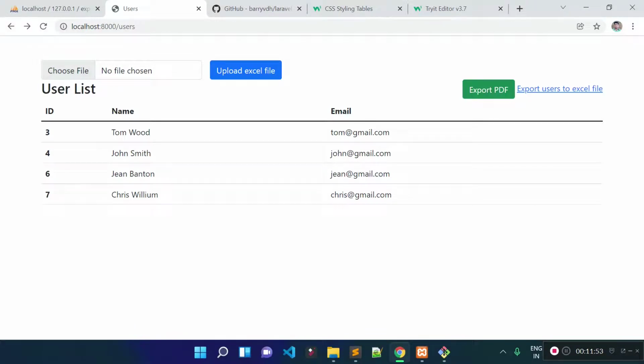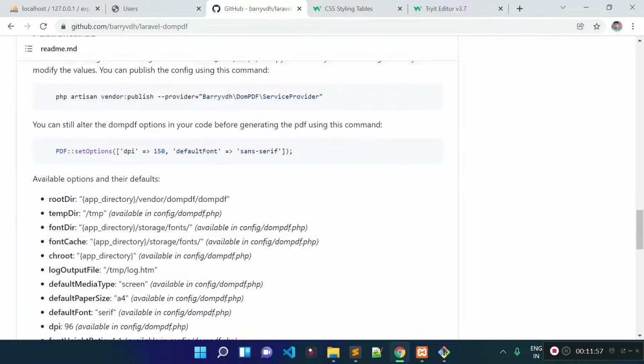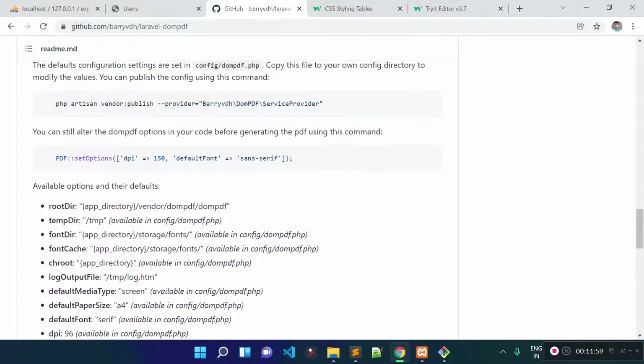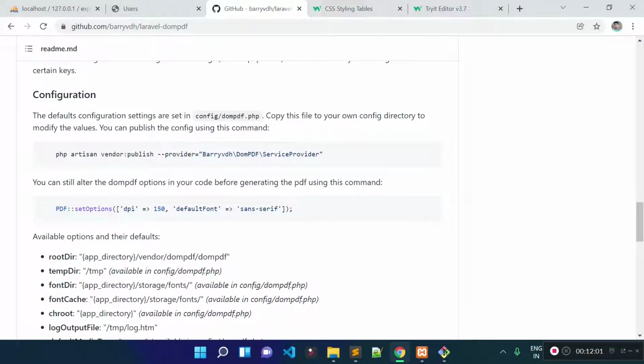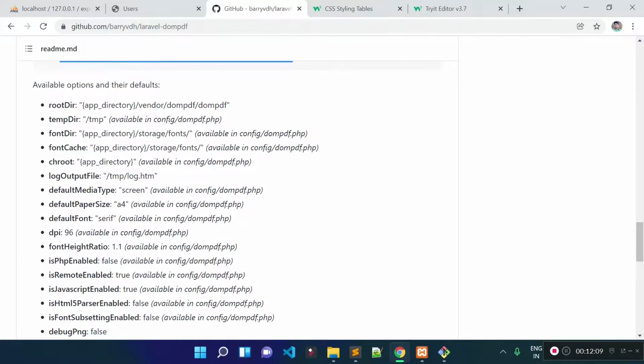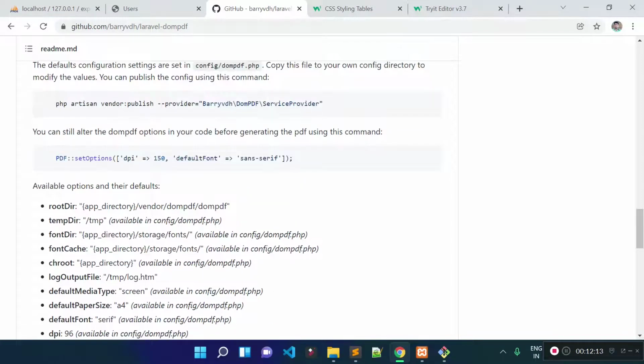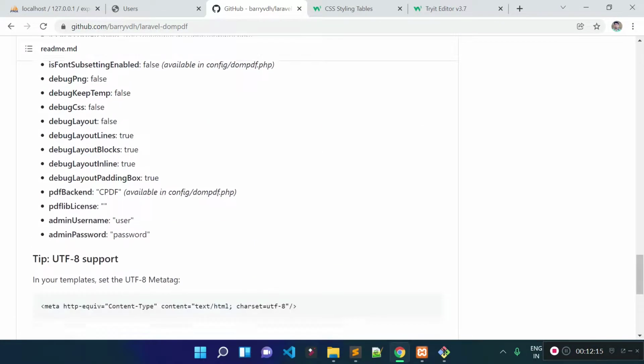now I'm going to tell you another thing, that suppose you want to add some options to your PDF file, you can add this with the help of setOptions. Okay, you can add this. There are lots of available options in the DOMPDF package. You can use them as per your project requirement.